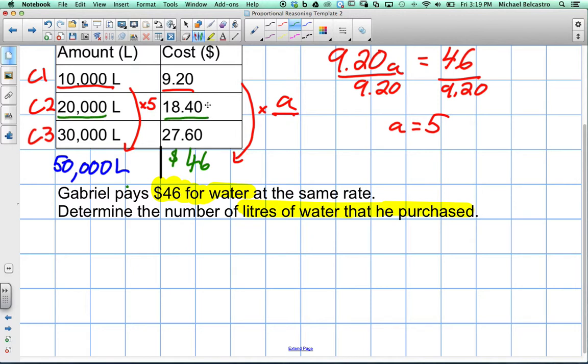Remember, his was 18.4. Okay, so we need to find a value to multiply by, and we'll call that b. We're going to set up the same equation we had before. We know that $18.40 times our b, our constant of proportionality, is equal to the $46 Gabriel paid. So, as we said before, we've got to divide both sides by 18